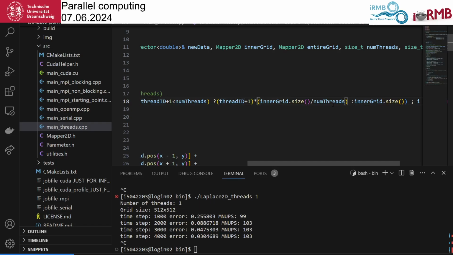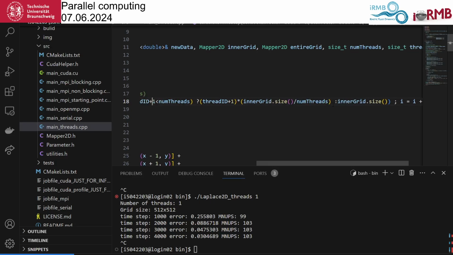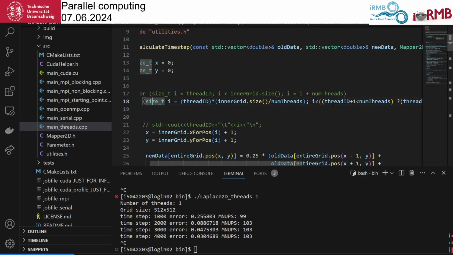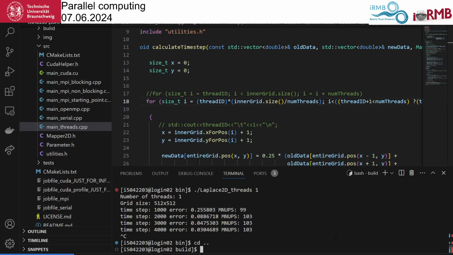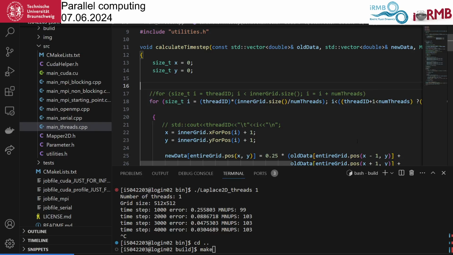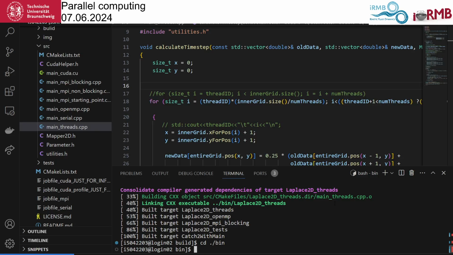So this is why I use here this question mark operator. The first is what happens when the condition is true, and the second is what happens if the condition is false. So now I turned the other one here off, and now we can go again to CD and call make again. We have to save it, yeah. So then call make again. Then we can go to this folder bin again